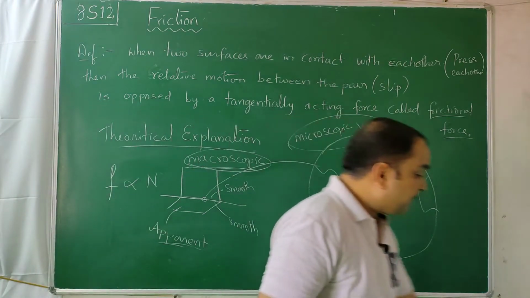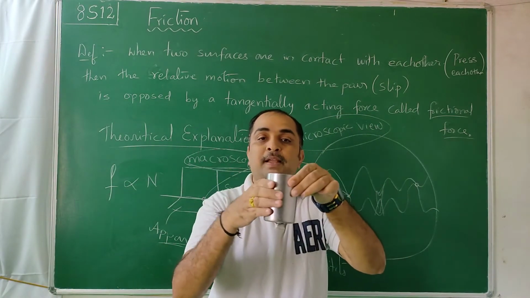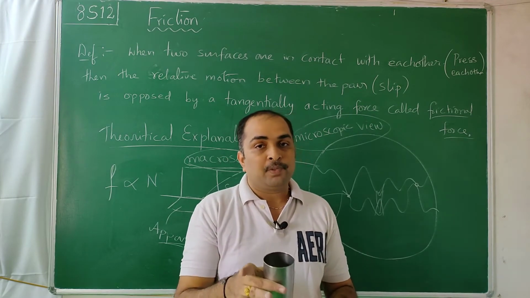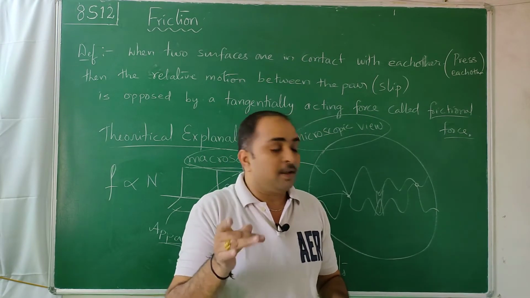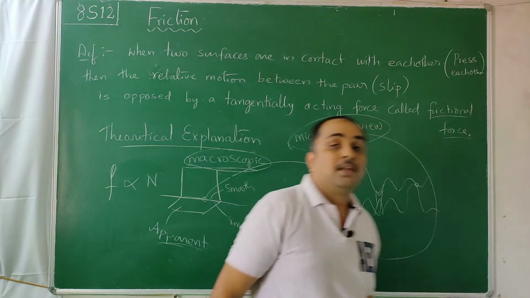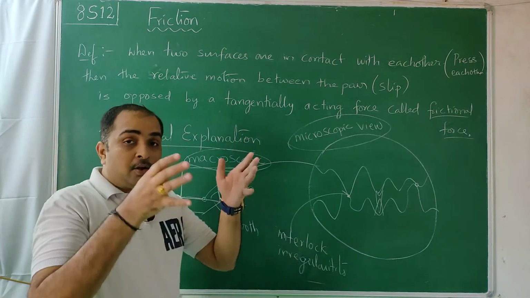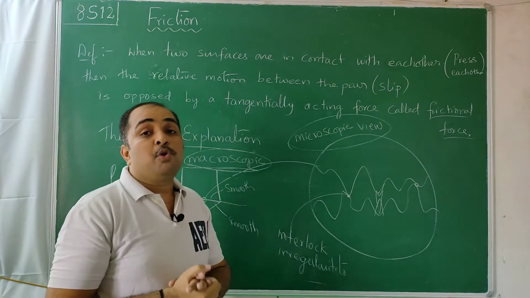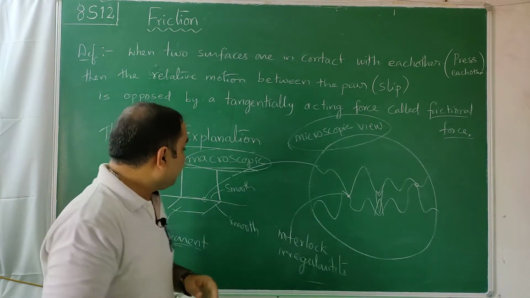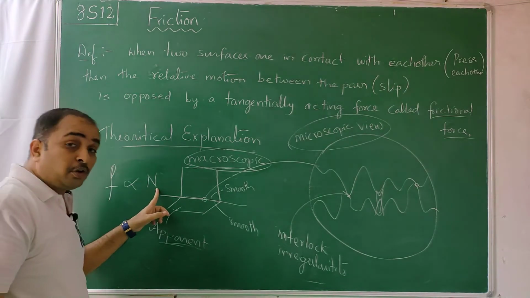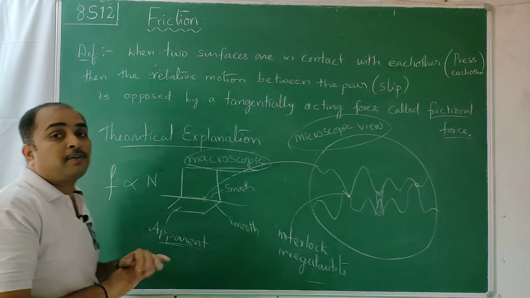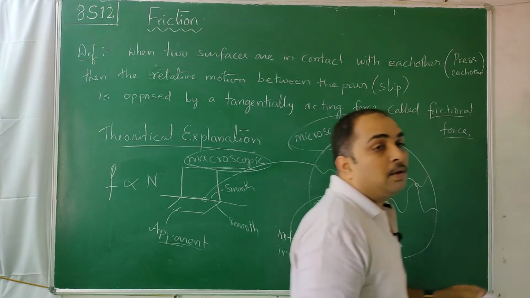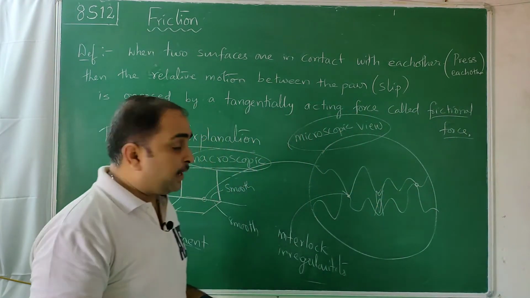If frictional force depended on area, then holding with 4 fingers or with 1 finger, you would feel the same weight. You would not feel any difference, and your fingers would not get more ruptured. But if you add some water to it or increase the heaviness, then you have to press more and more. That means you have to have more and more normal force. So frictional force is directly proportional to normal force, but it doesn't depend on the macroscopic visible area.